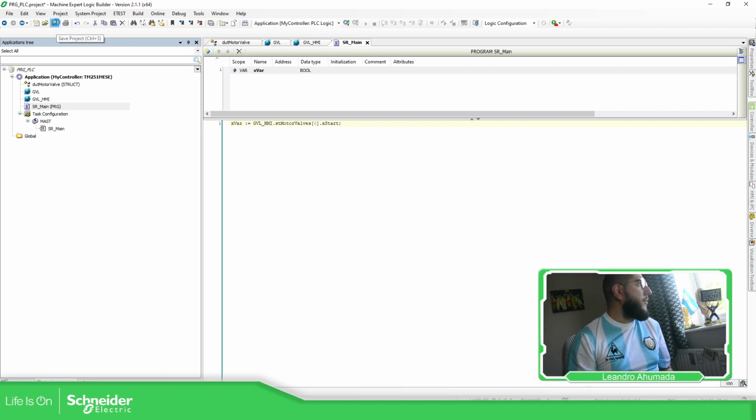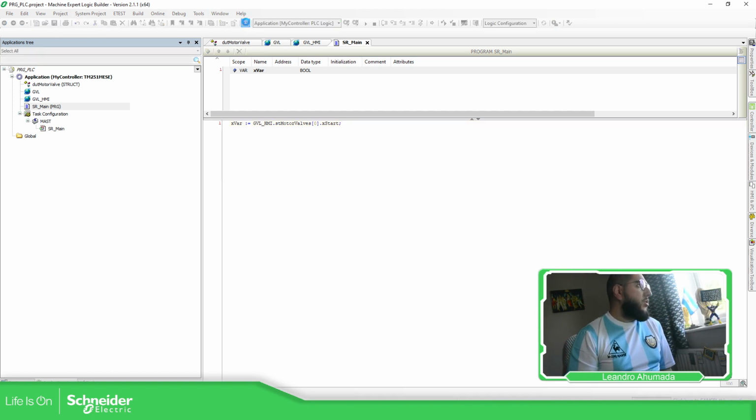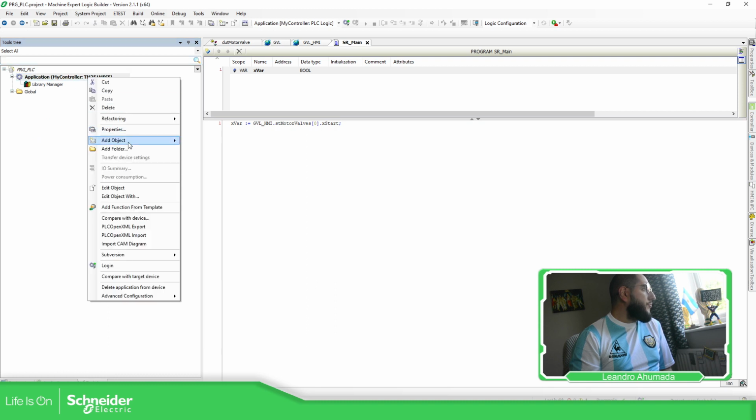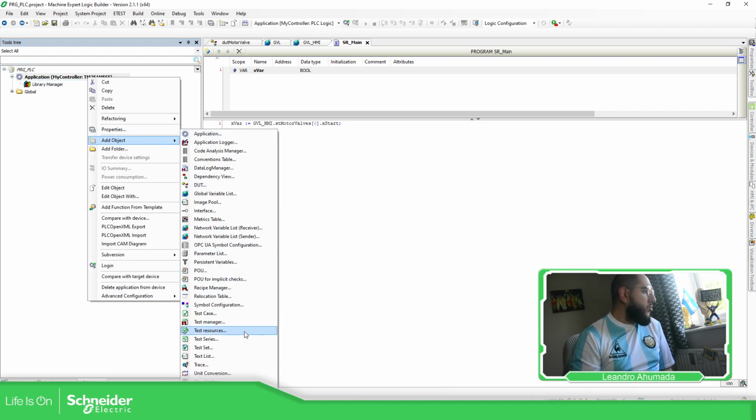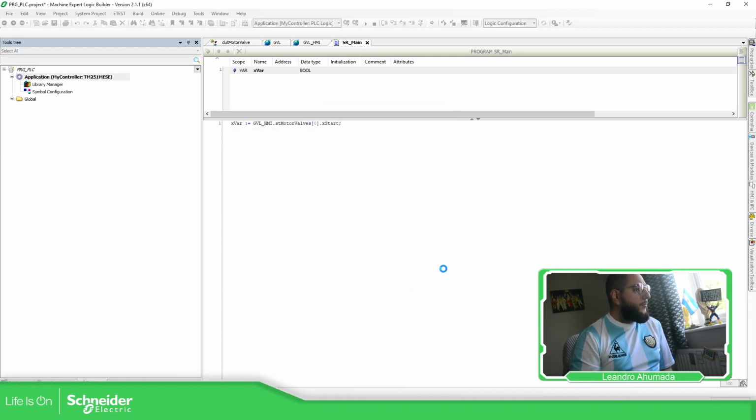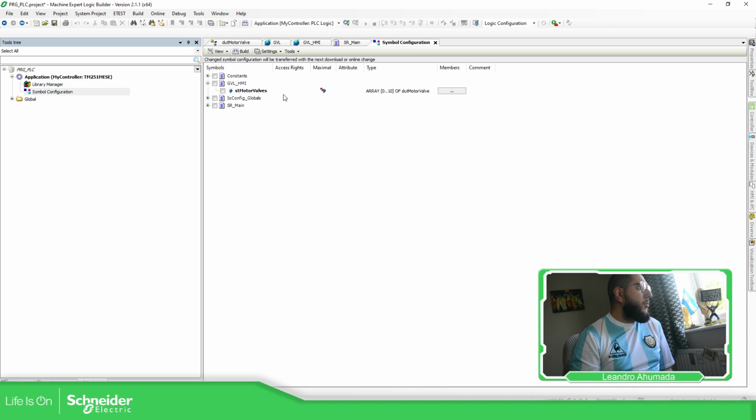So once we have all this already done on the PLC area, we just need to share this information to the Operator Terminal Expert. In order to do that, we just need to go to tool tree, add object, symbol configuration here, add, here build. Here we can see that we have the array. So we just select the array,